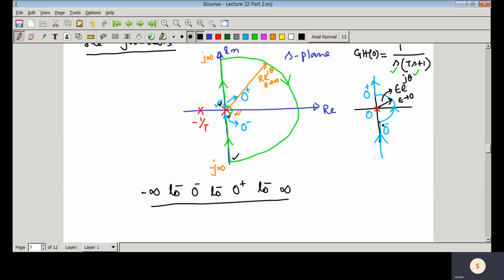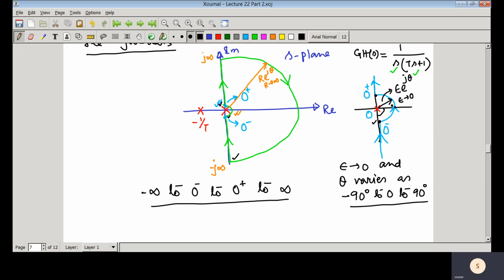We can see that whenever you are here, theta is minus 90 degrees. So theta is varying. We can write that epsilon tends to 0 and theta varies as follows: whenever you are at this particular point, theta is minus 90 degrees. You can see here this is minus 90 degrees, and when you are here, that is 0, to when you are here, that is plus 90 degrees.